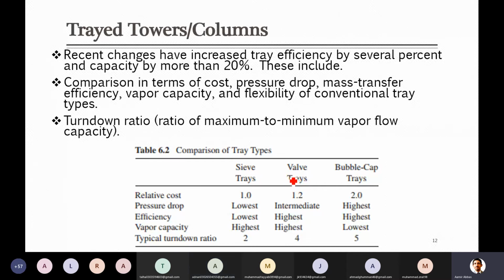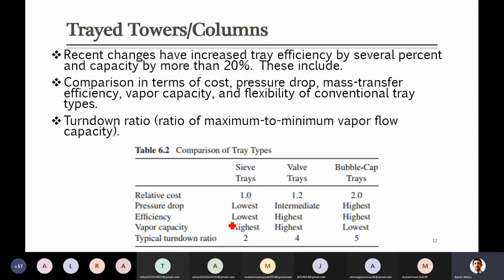Okay, good. And the other thing, what do you think? In which case is weeping more possible, even if pressure is sufficiently high? In which case can liquid still go down towards the bottom plates through this opening? In sieve trays. In sieve trays, definitely there is no blockage, so any liquid will find a small opportunity and start going down. So that is another problem in their lower efficiency, because liquid can move through the sieves towards the bottom plate, and when it is moving there is no contact between the liquid and vapor. In that case efficiency decreases.